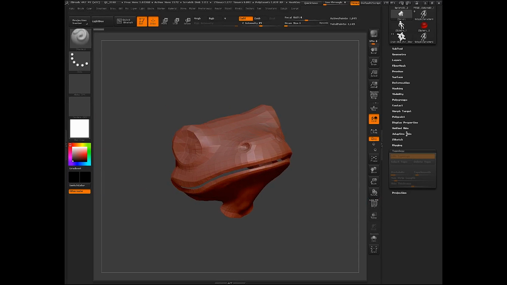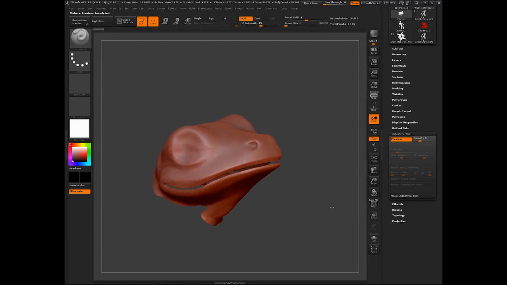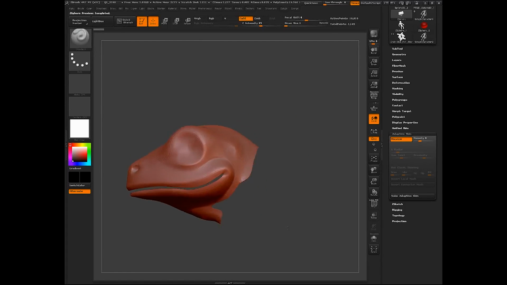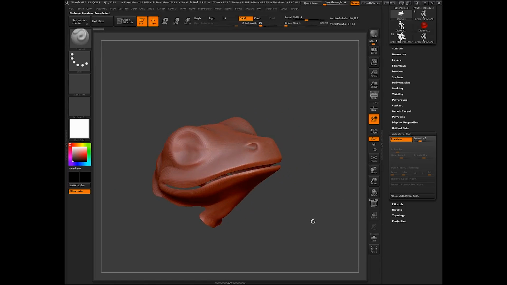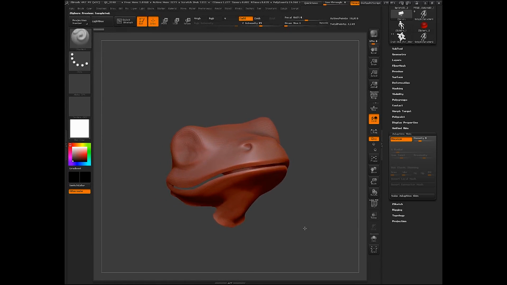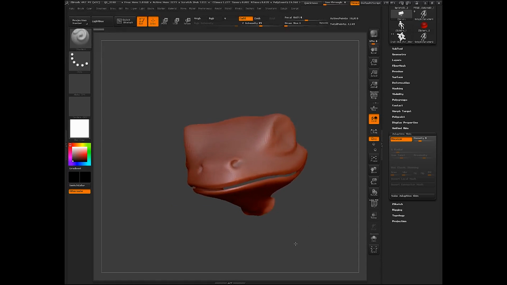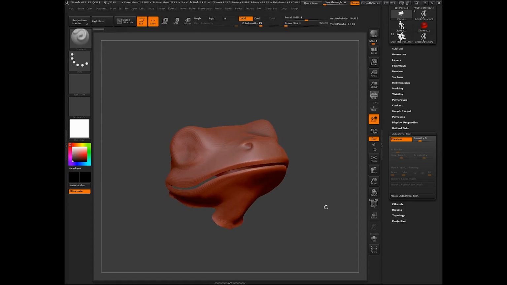We can also do a little bit of a higher preview to see what this will look like with a little denser mesh. Maybe if you had a normal map applied, this is what you'd see.